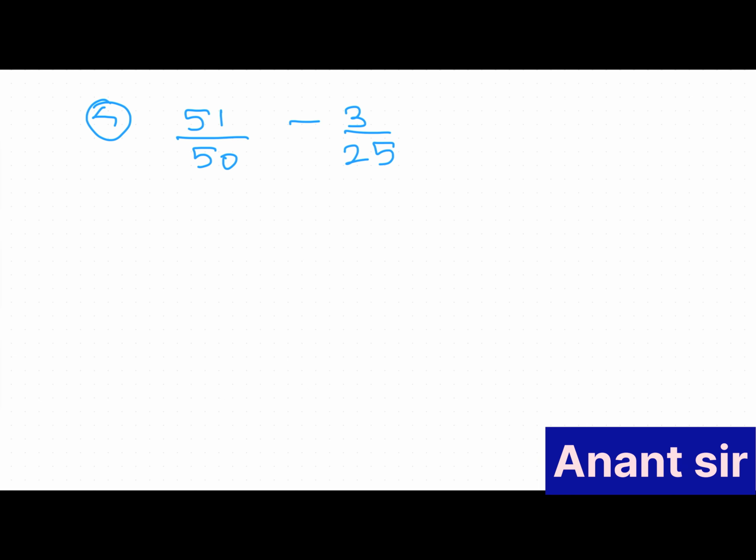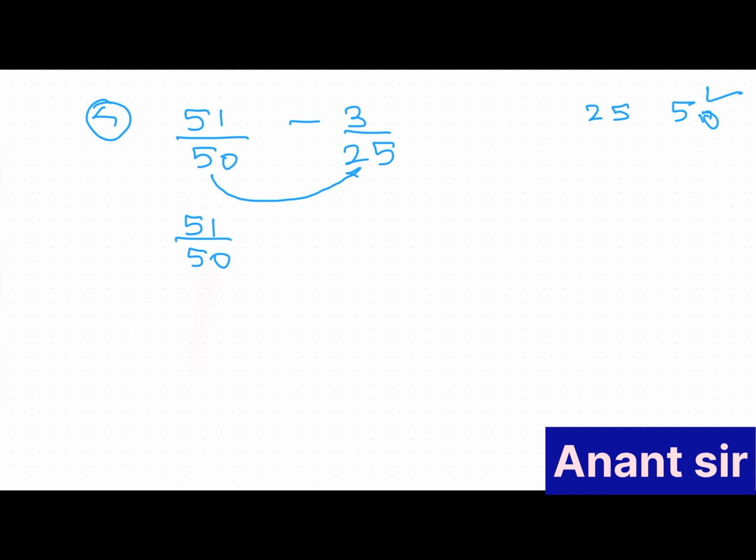So now we are going to solve a question of subtraction. It does not make any difference whether it is a question of addition or subtraction, the method remains same. There is a very important mistake which many students make, I am going to tell that to you now. Now this is our next question. As you can see, the denominators are different, so you need to find the LCM. Again 50 comes in the table of 25, so my LCM is going to be 50, so I am going to make the denominator 50.